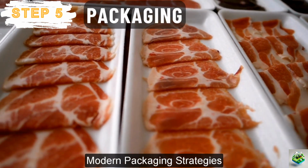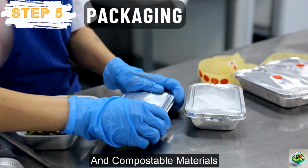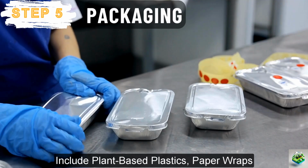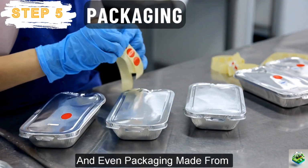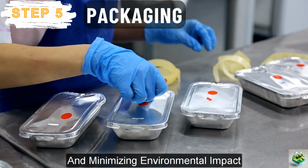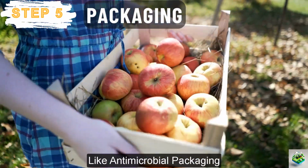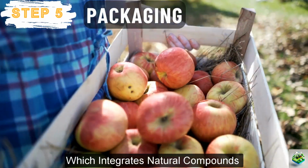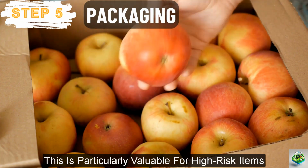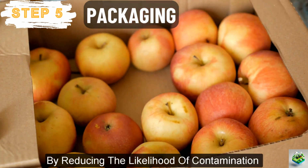Sustainability is at the forefront of modern packaging strategies, with increasing adoption of biodegradable and compostable materials. These environmentally friendly options include plant-based plastics, paper wraps, and even packaging made from agricultural waste, reducing the reliance on conventional plastics and minimizing environmental impact. Packaging also incorporates active solutions like antimicrobial packaging, which integrates natural compounds that inhibit microbial growth. This is particularly valuable for high-risk items, providing an additional layer of food safety by reducing the likelihood of contamination